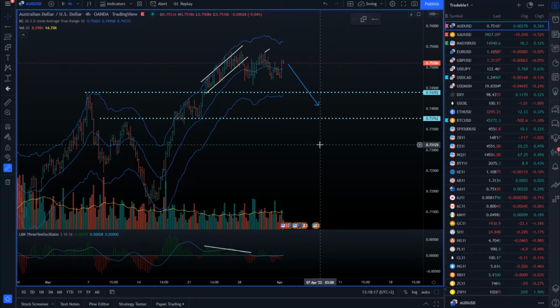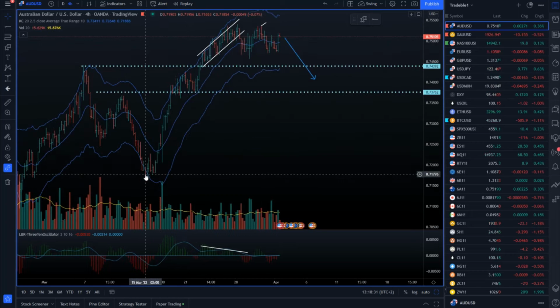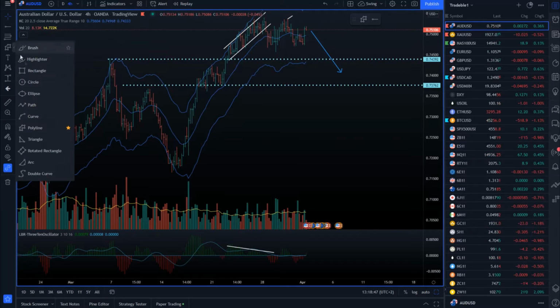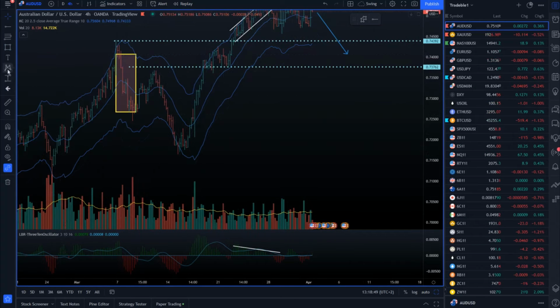So basically, as I alerted you in my previous analysis and my previous forecasts on the Australian dollar, I still see that there is a potential for the downside movement on this one. We've spent basically around 4 to 5 days here, and we came after a strong upside swing, and we didn't have any significant sell-off. So we had some attempt here and some sell-off, but it is not really something significant.